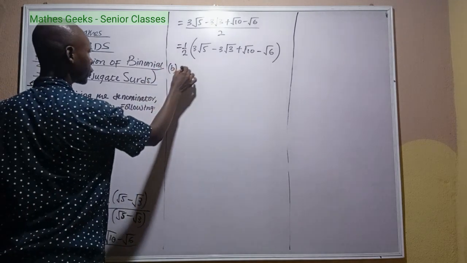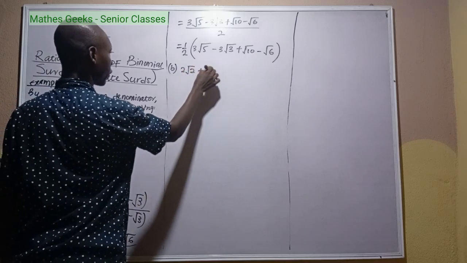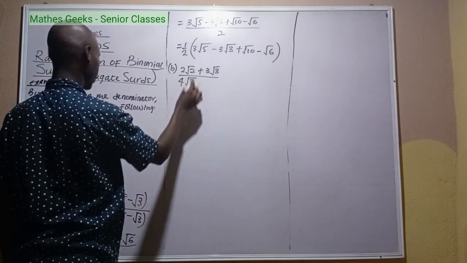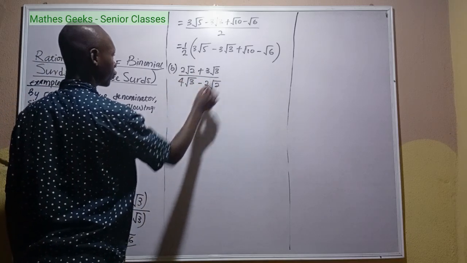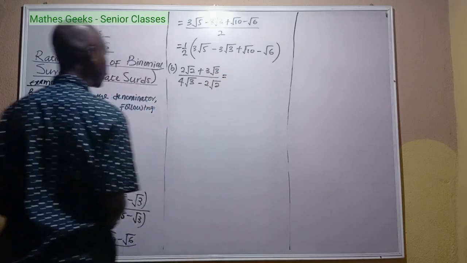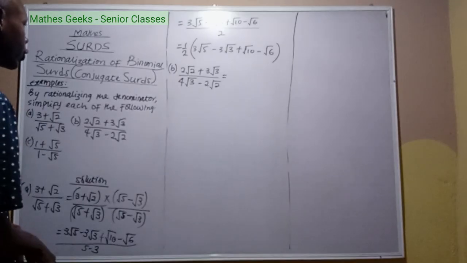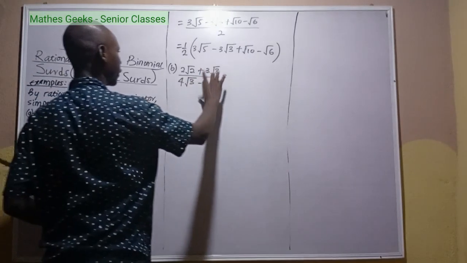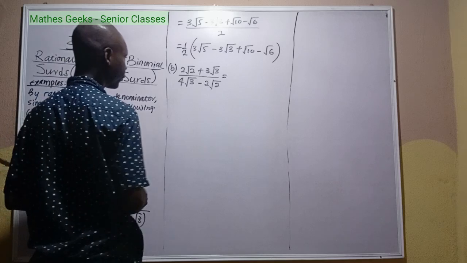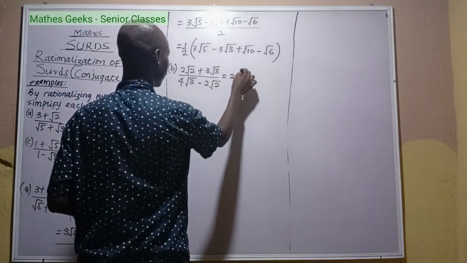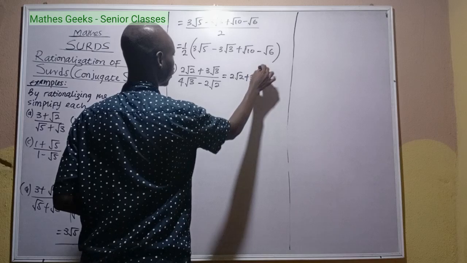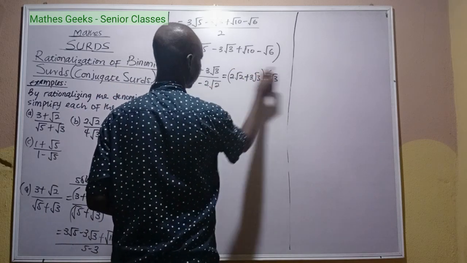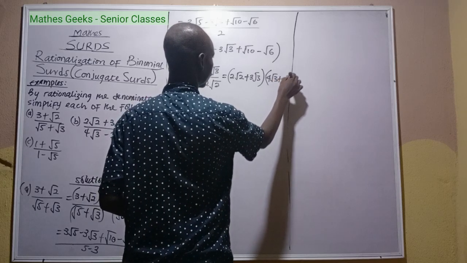2 root 2 plus 3 root 3 over 4 root 3 minus 2 root 2. So if you are going to simplify this, then we need to rationalize this expression by multiplying both sides of this expression by the conjugate of the denominator. And the conjugate is 4 root 3. Since there is negative, then the conjugate will be plus 2 root 2